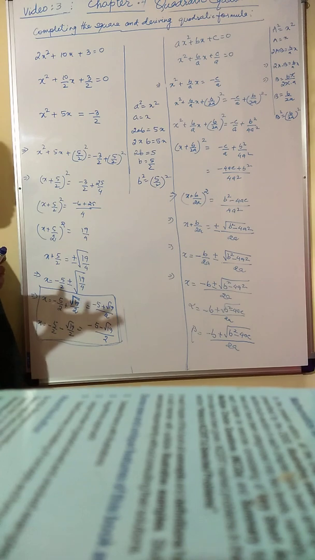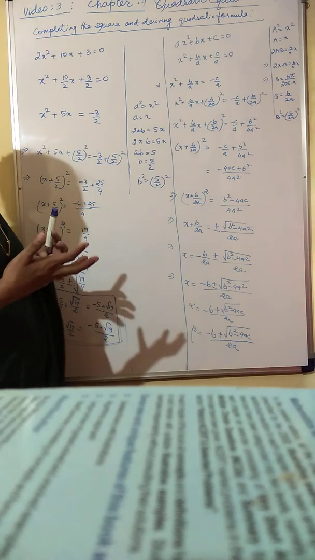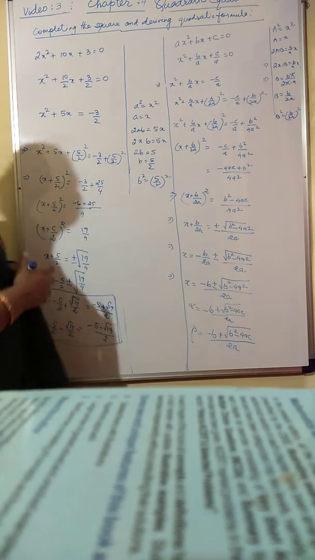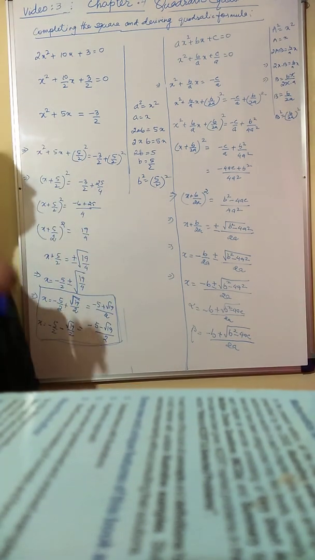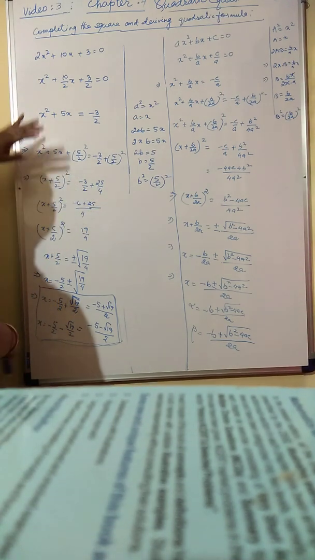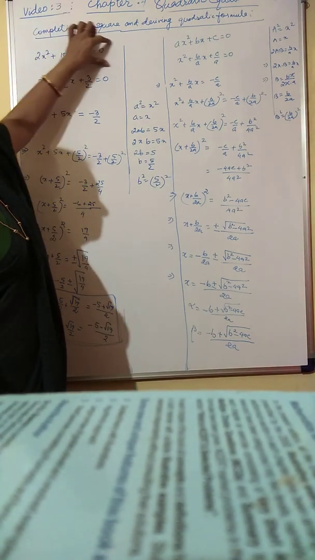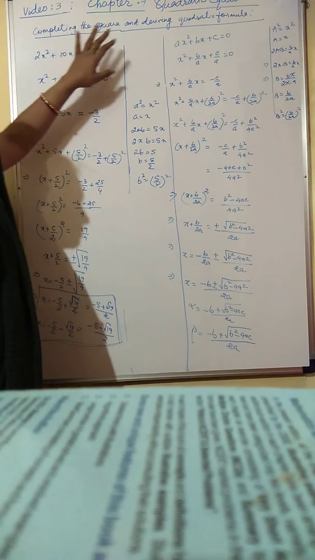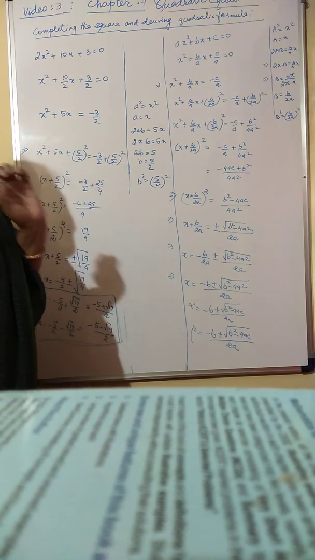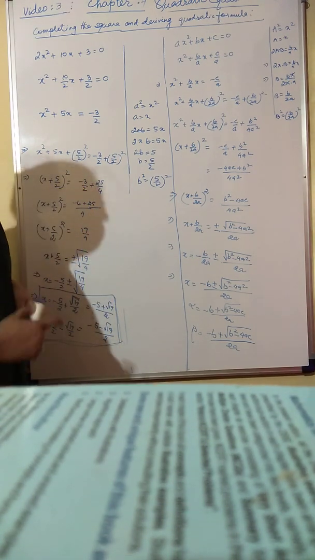Now, for very obvious reasons, we know that if it is a perfect square, both of the roots of the equation will be the same. But let me first explain the method which I have taken up. Completing the square means I have to express the given term in the form of a complete square, in the form of an equation which has two equal factors.